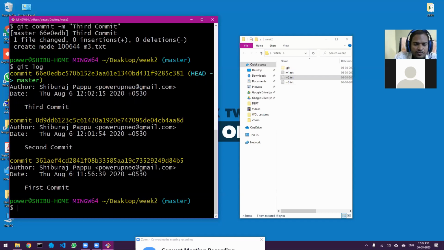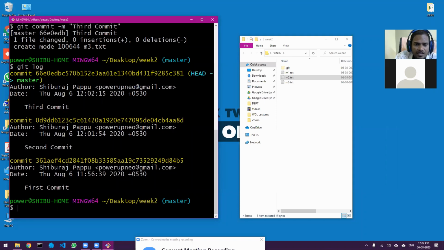So this is our currently working scenario. Now we are going to learn something called branching. Many times what will happen is, let's say you have developed an open source software or any software, and you have released it to the public.